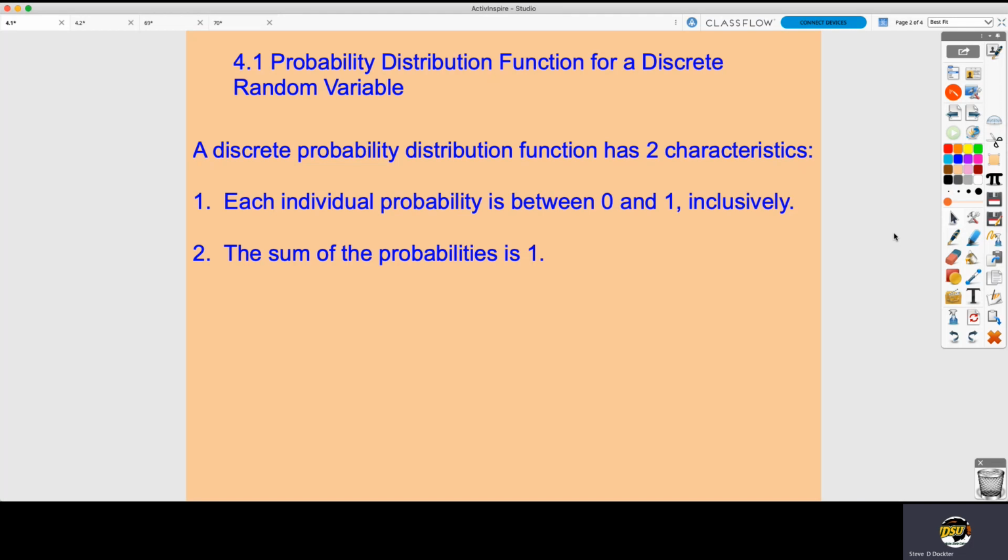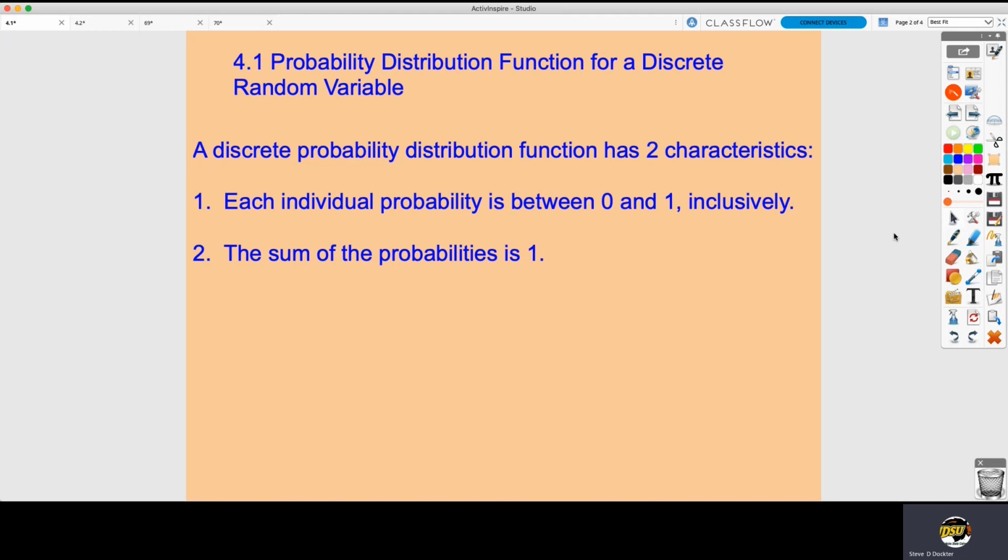First of all, each individual probability has to be between 0 and 1, or if you change it to percentages, between 0% and 100%. It can be 0, it can be 100, but each one of them has to be within there. So if you do some kind of statistical analysis and one of them is 120%, then we're not talking about this. The other part is when you add them all together, the sum of the probabilities is 1